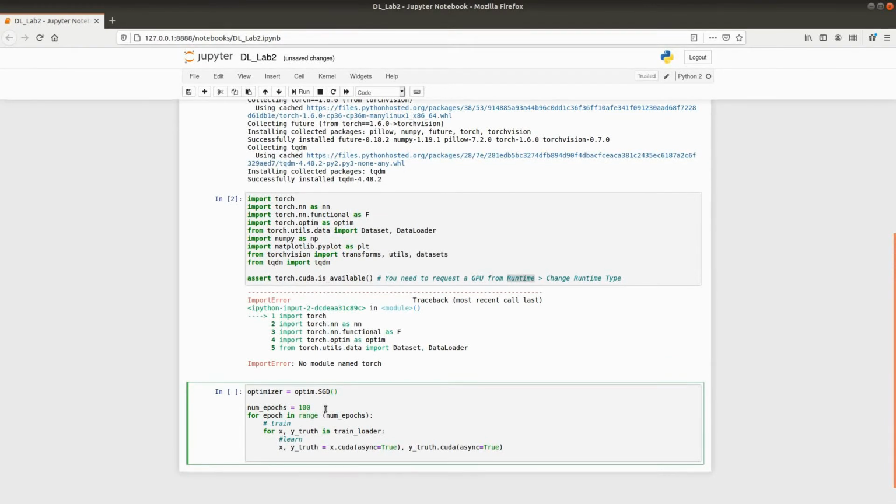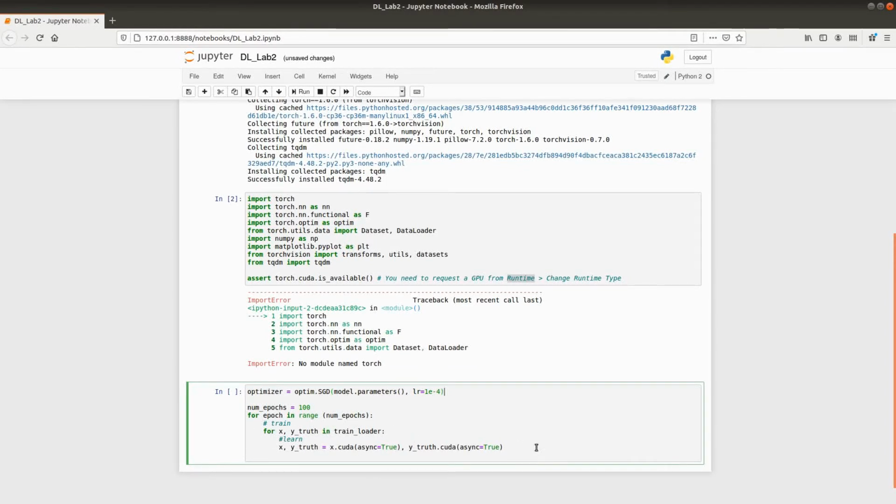Now, because this is the thing that actually updates the model parameters, we're going to pass those in so that it has a reference to them and it can change them later. And we're going to set the learning rate to 1 times 10 to the minus 4. So one thousandth, or is that one ten-thousandth? Something like that. One of those two. Anyway,